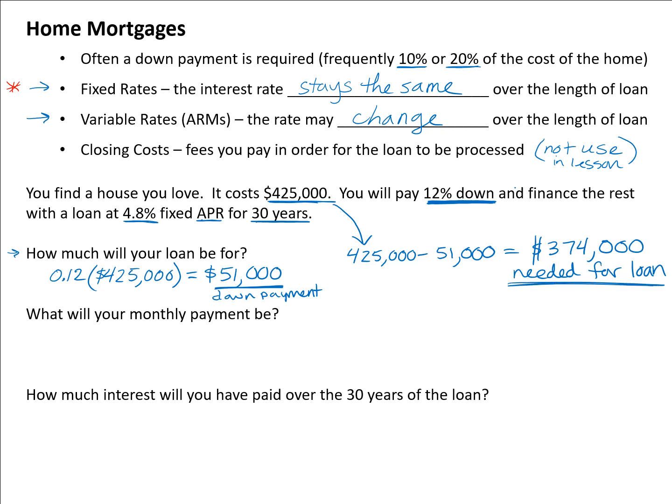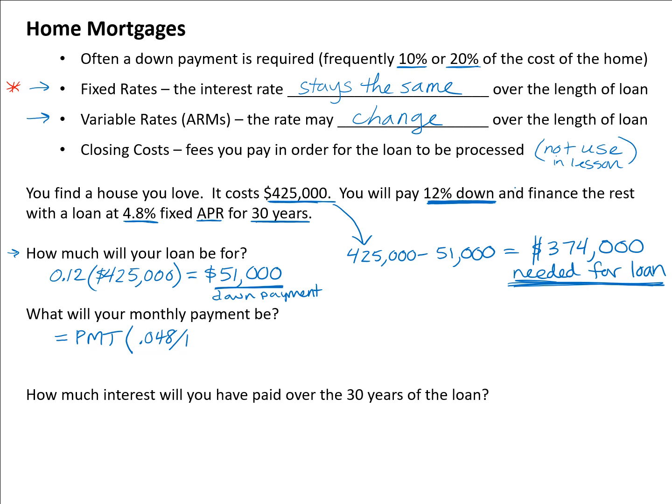Let's work out what our monthly payment would be if that's how much we were getting the loan for. We're going to use that spreadsheet formula for payment. Start with an equals, then say PMT. It is really important you put the equals at the very beginning. If you don't put it at the very beginning, spreadsheets are not going to calculate this for you. PMT and then parentheses. We're going to start with our interest rate. Now this has to be the interest rate for every payment. That's a monthly payment, so it's going to be